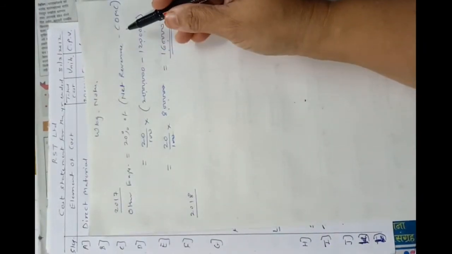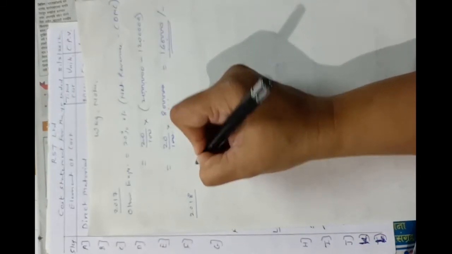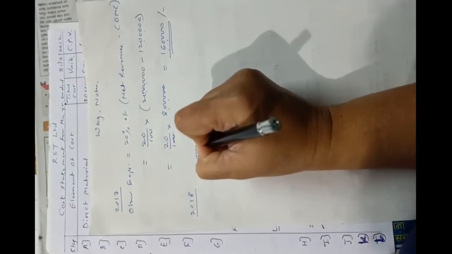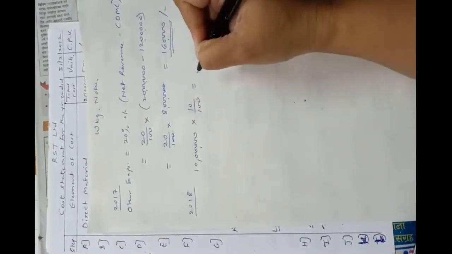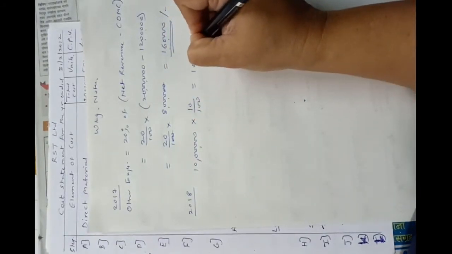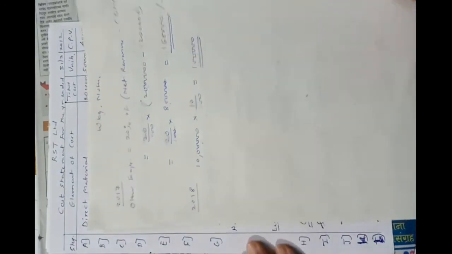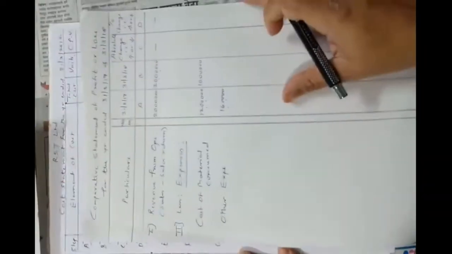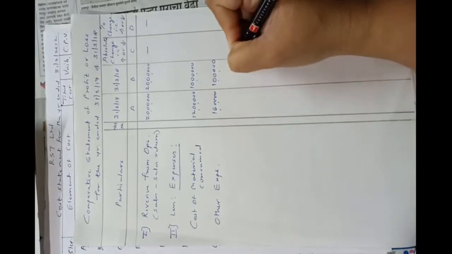net revenue minus cost of material consumed, 20 lakhs minus cost of material consumed is 10 lakhs. So 10% of 10 lakhs. I am not showing all this again. 10%, so the amount is 1 lakh for 18, and for 17 it is 1,60,000. Okay, so here 1,60,000 and 1 lakh. Okay, now we have to calculate total expenses.